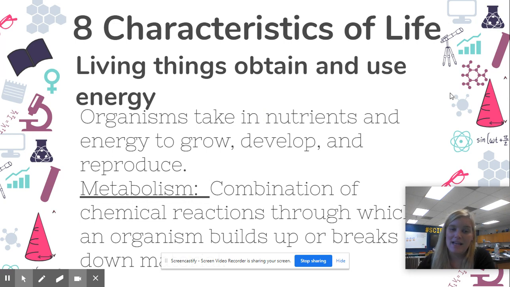Then living things obtain and use energy. This, for humans, is basically when you are eating food and drinking liquids. So all organisms, all living things take in nutrients and the energy that helps us grow, develop, and reproduce. So we'll talk a lot about how we get those nutrients and how they travel through our body and our system. But without getting energy from nutrients, we cannot grow, which means that we then cannot produce cells. So we then do not qualify as something that's living.